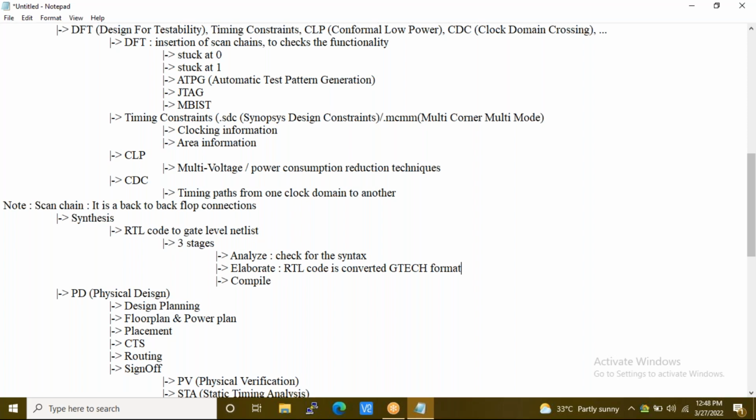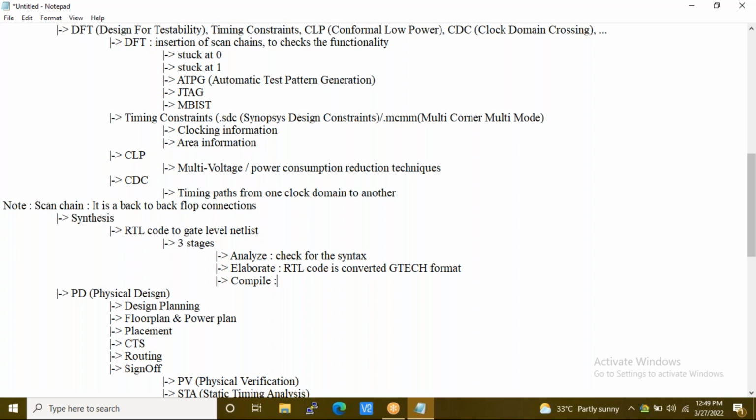Is there a function definition or not? The tool will check that in the elaborate stage. Here also there is no optimization; it's just a conversion to make sure that each and every call has its function.